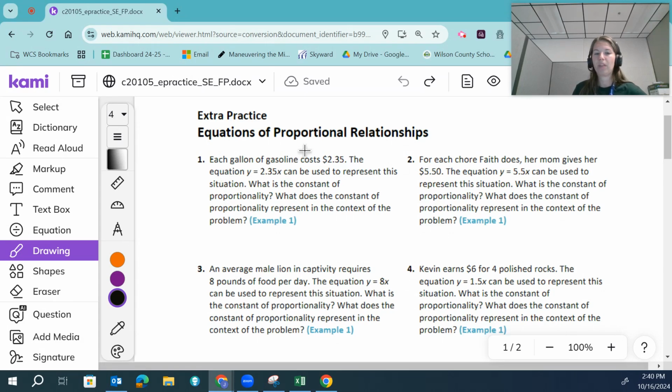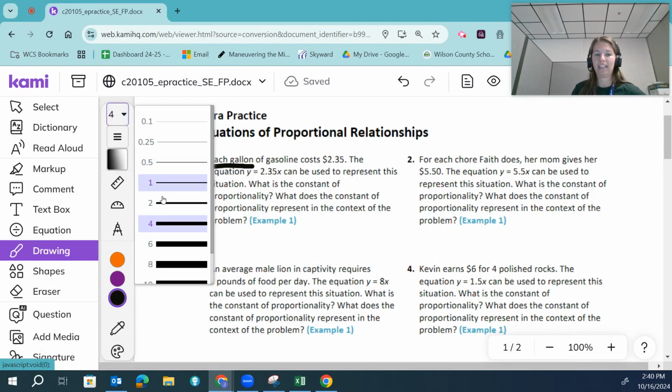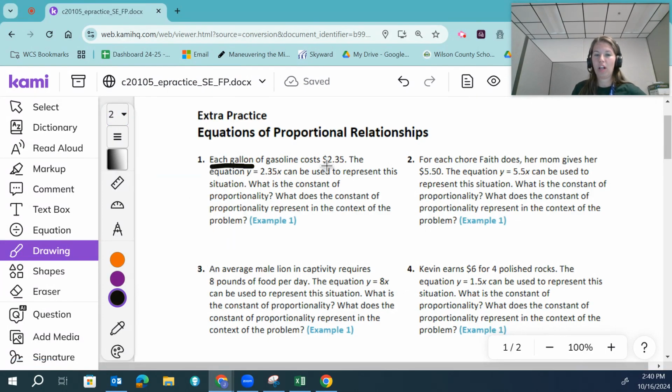represent the situation. So each gallon, okay, so 1 gallon costs $2.35. So that means your unit rate is $2.35. So when we write that in our equation, our unit rate, or our constant of proportionality, when we write that as our equation,